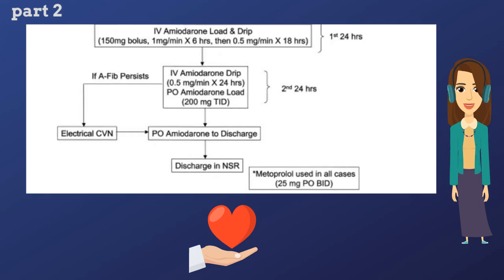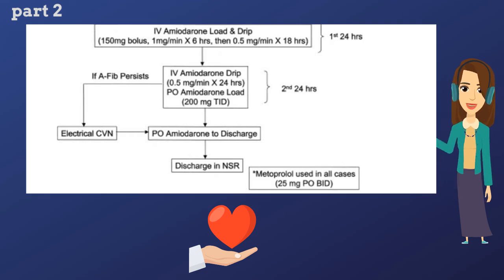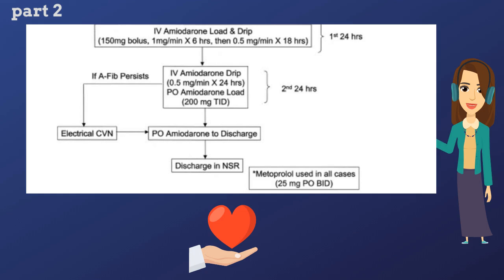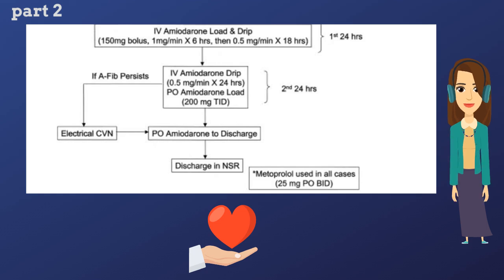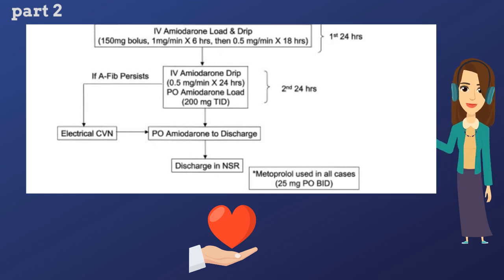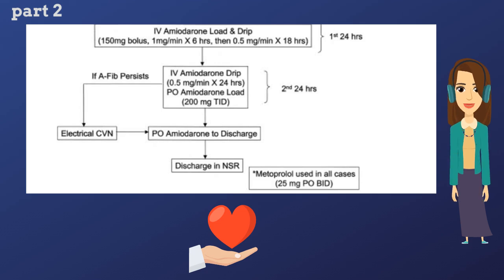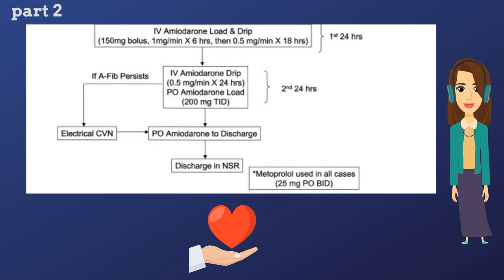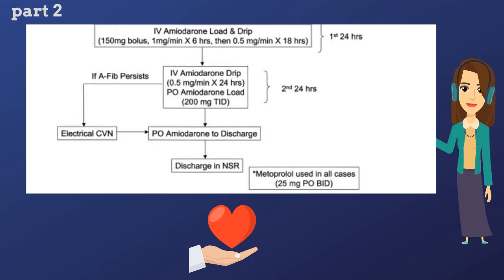Amiodarone, potassium channel blocker. It's safe in structural heart disease. Can be given oral or IV. IV start with 150 milligram over 10 minutes. Then infusion of 1 milligram per minute for 6 hours. Then infusion of 0.5 milligram per minute for 18 hours. Or oral loading dose 600 to 800 milligram per day in divided dose, followed by oral maintenance dose 100 or 200